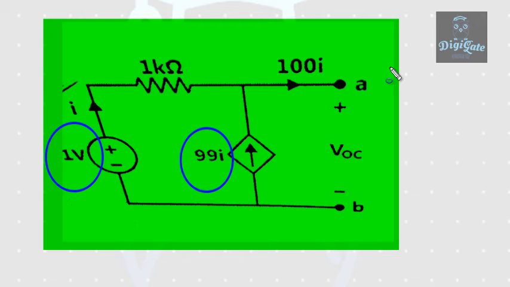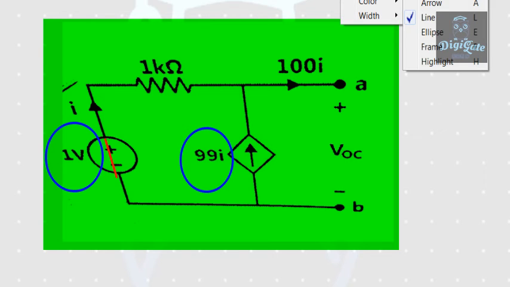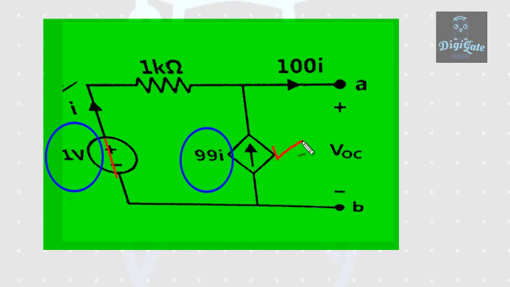So in these circuits, the first thing that we have to do is to handle the independent sources. So let us short circuit this voltage source. Now you can apply either of the two methods that we have seen for the circuits having only dependent sources. If you can find out the linear relationship between the voltage and the current of this dependent source, well and good. Otherwise, apply an external voltage source of magnitude 1 volt and then find out this current I to calculate V upon I to find out the Thevenin resistance. Again, remember that your external source should be always supplying the power to the circuit. That is, the current must be leaving the positive terminal of the voltage source.